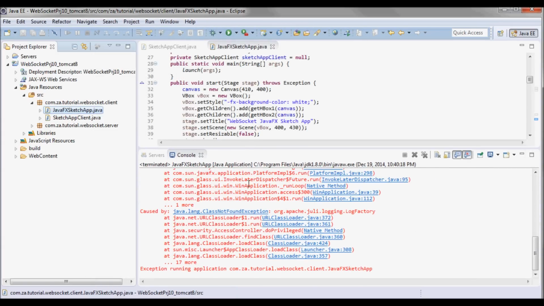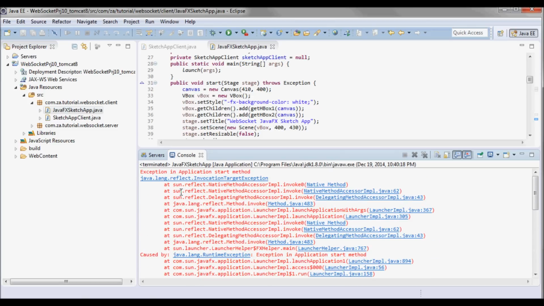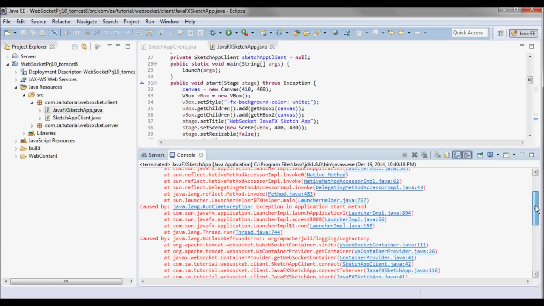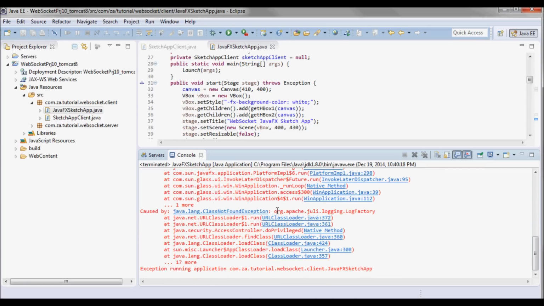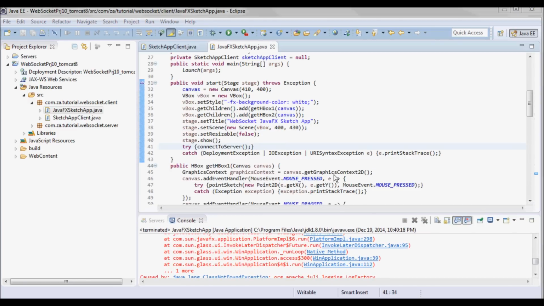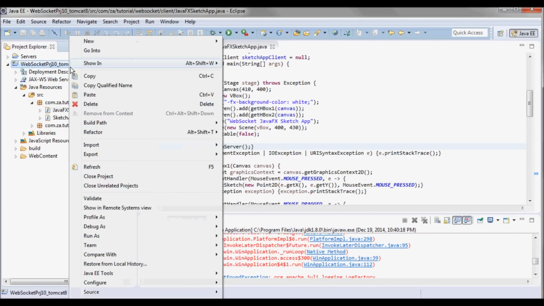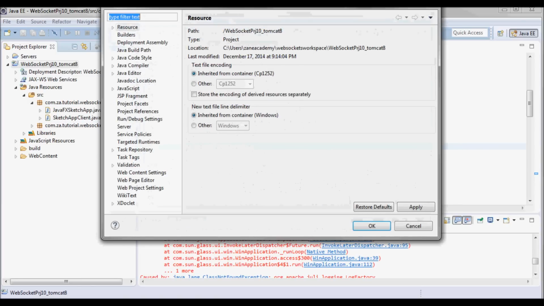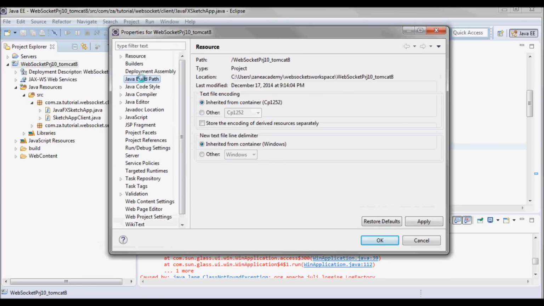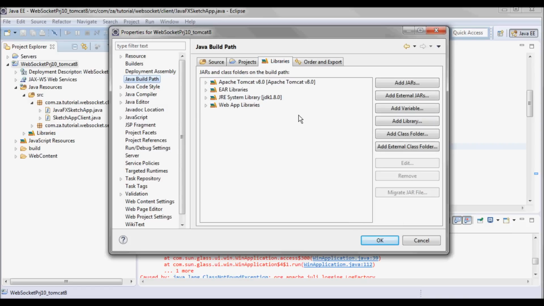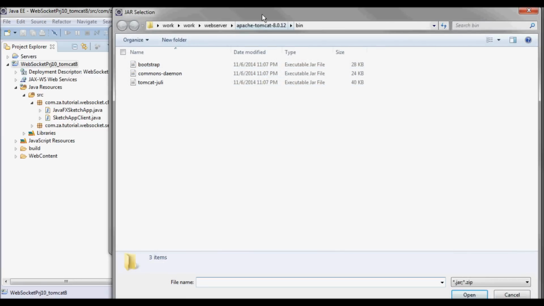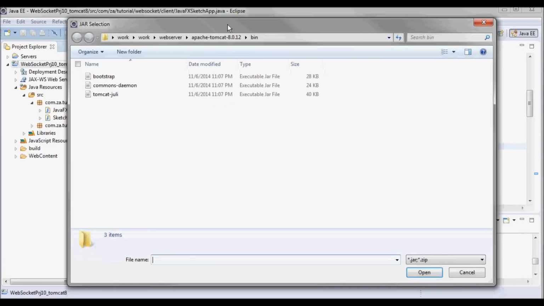and it will throw those exceptions. And this one has to do with juli.logging.LogFactory. So let's fix this one. So let's go to properties, right click and properties, and let's go to Java build path and libraries and add external jar, and I want to add this Tomcat Juli jar.